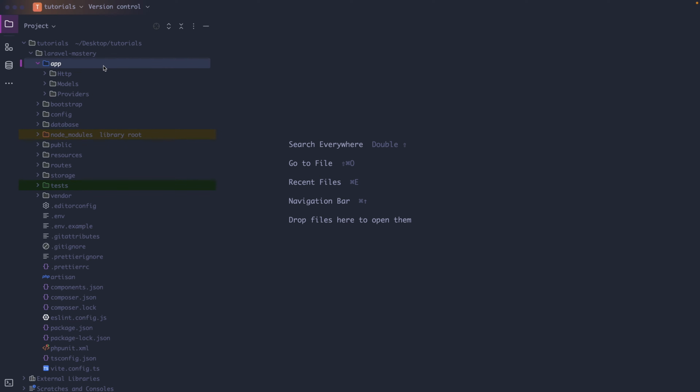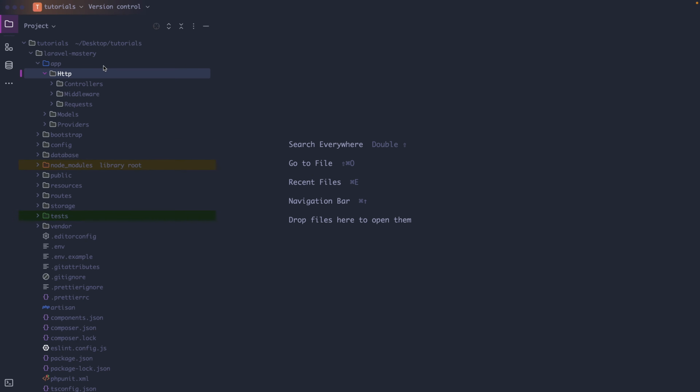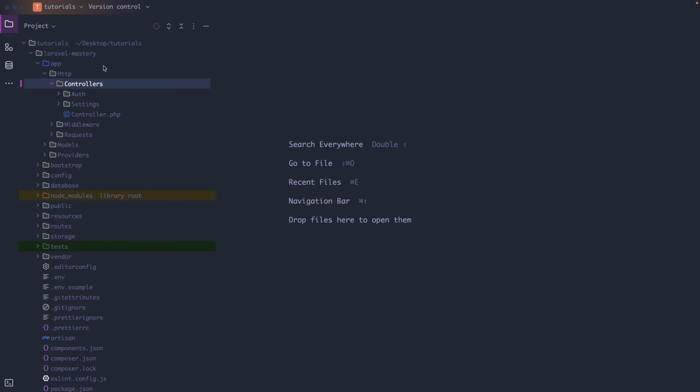The first subdirectory right here is called the HTTP directory, which contains everything related to handling incoming HTTP requests and sending responses. Think about it as the place where you store your controllers, middlewares, and request classes for validating and authorizing user input. For now, the most important subdirectory here is the controllers directory, where you will write your controller classes, the files that handle incoming requests, pull in data from your model, and return responses,